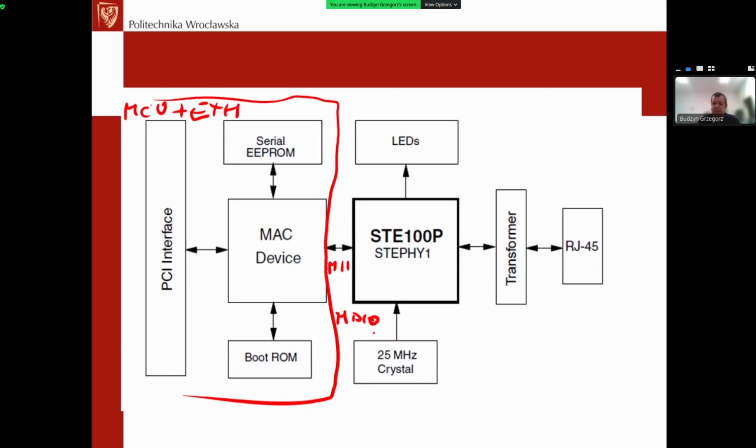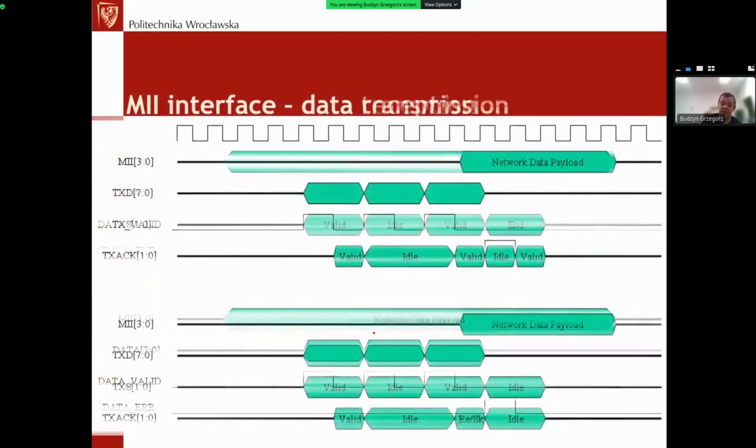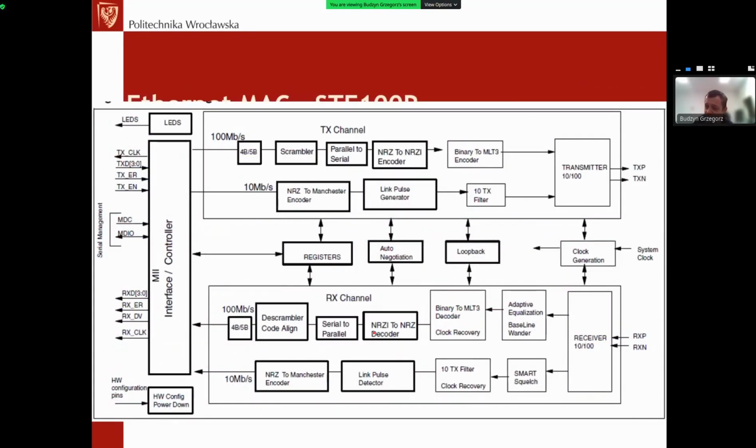Ethernet is more expensive, much more demanding, and the connection diagram is far from being simple. I have it somewhere. Yeah, here is the internals of this particular chip, although this is just the chip supporting 100 megabits per second. And there are things happening. There are blocks inside with scrambling, with encoding to the necessary electrical format, and then equalizing, de-equalizing. So all kinds of stuff is happening inside together with the auto negotiations, and everything is connected through, take a look,